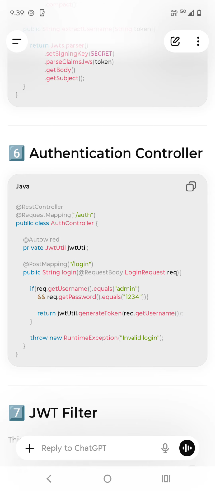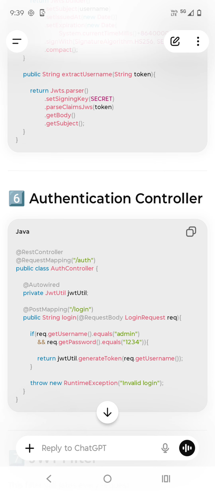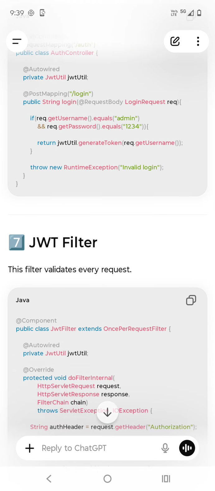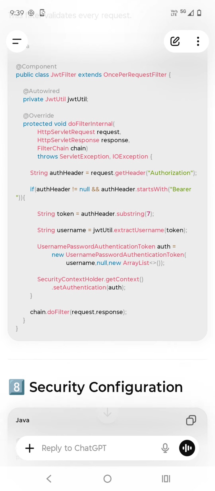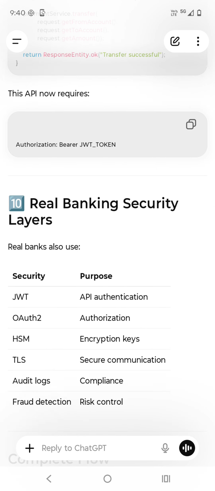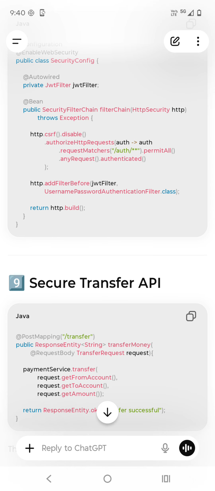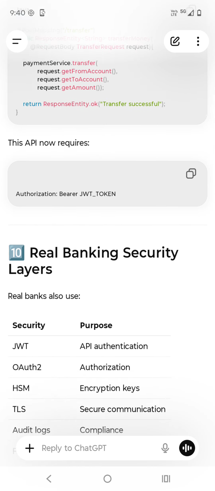We need to write the JWT token generation classes. We need to write filters which intercept and process every request. We need to write security config classes, making sure which requests get authenticated. These things are common here. So whether it is a Spring monolithic application or a microservices based application, this is the way we do it.